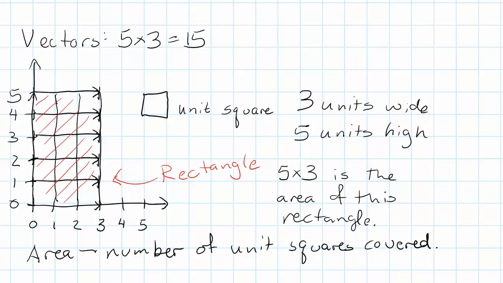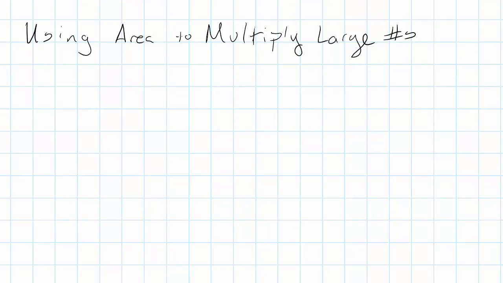You may have encountered the formula for a rectangle, area equals length times width, in the past. In a very real sense, that formula is just what it means to multiply 2 numbers together. To multiply 3 and 5 together is just to count the number of squares covered by a rectangle with width 3 and height 5. Now the cool thing about this is that this gives us a way to multiply large numbers. Let's see how. Let's say we want to multiply